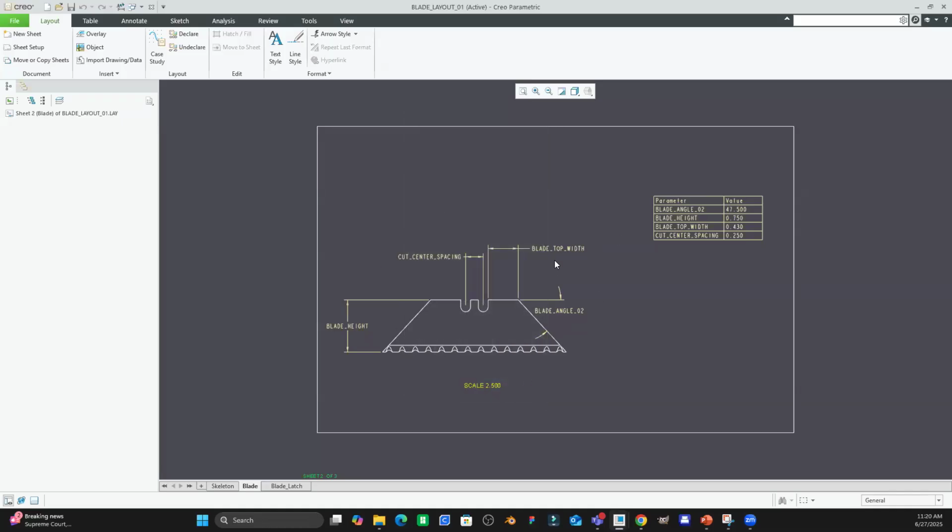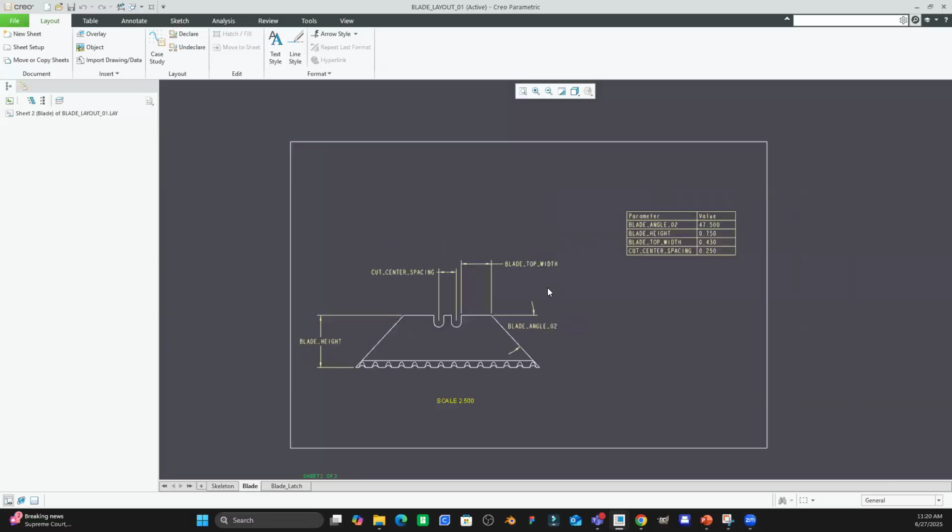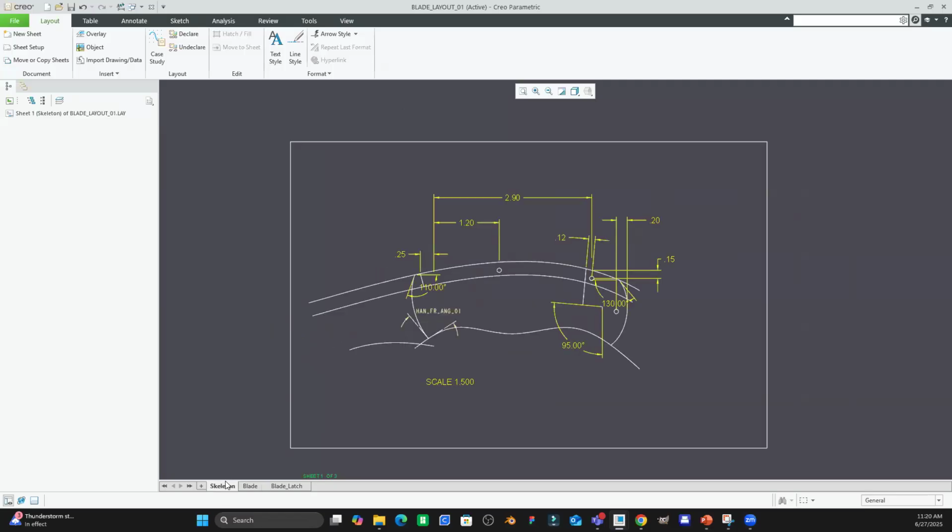Then what you're basically doing is creating these dimensions slash parameters that drive the dimensions of your parts. For example, I created this blade layout with critical dimensions. Say you're the designer in charge of creating the skeleton model, and you don't want to allow anybody to make changes. You can lock all the dimensions that you feel are critical in your skeleton part so that nobody can change those. The way you do that is you create these parameters here,